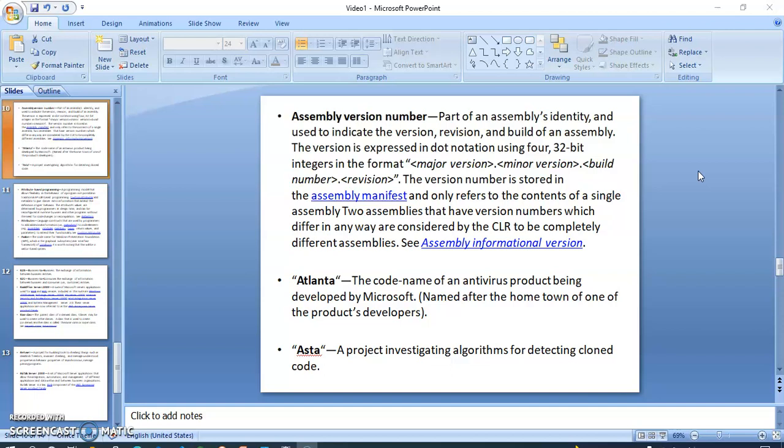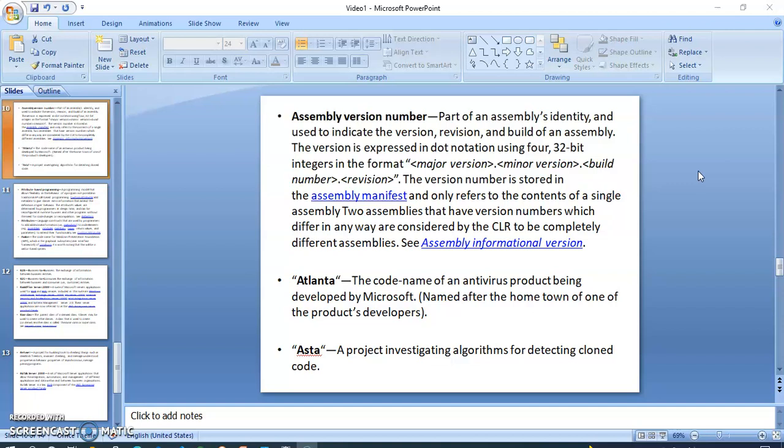The version number is stored in the assembly manifest and only refers to the contents of a single assembly. Two assemblies that have version numbers which differ in any way are considered by the CLR to be completely different assemblies. For that we have the assembly informational version.